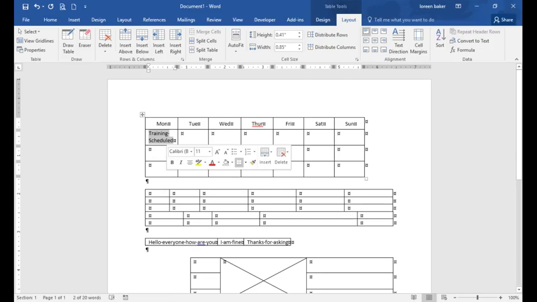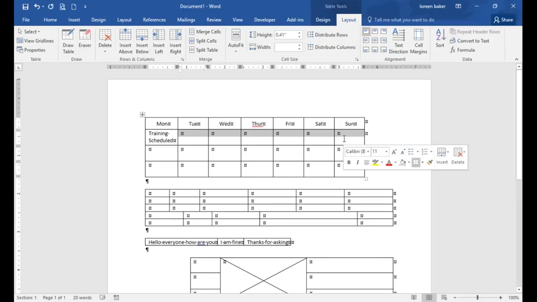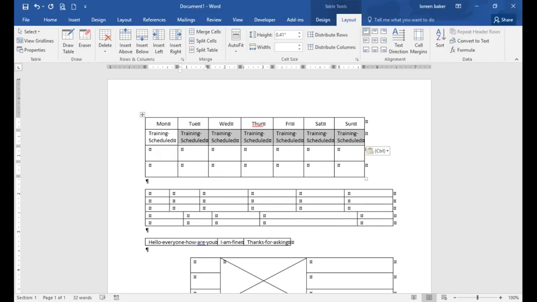So we have our text in here, and I'm going to highlight. I've selected the words, training scheduled, and I've highlighted, and when I hit paste, it puts all of it in there. So it's a little different than Excel where you can click and drag with the fill handle and it will fill it in. This you actually have to copy into the clipboard, select the cells that you would like, and then paste it. And you cannot select non-continuous, so you can't do